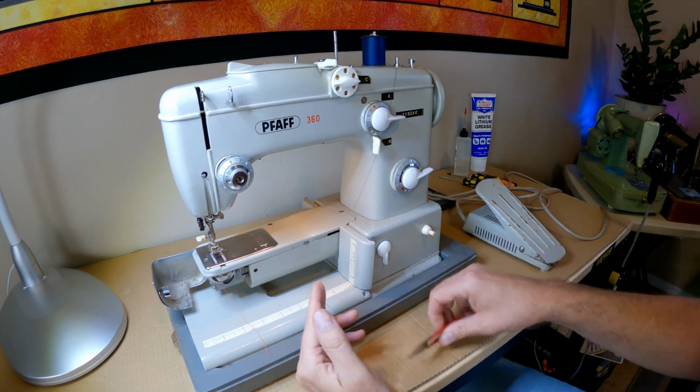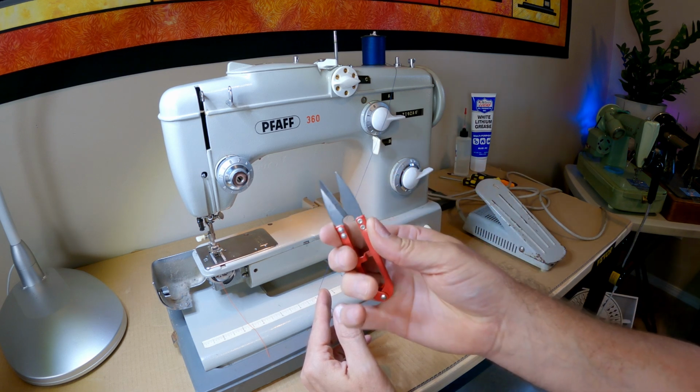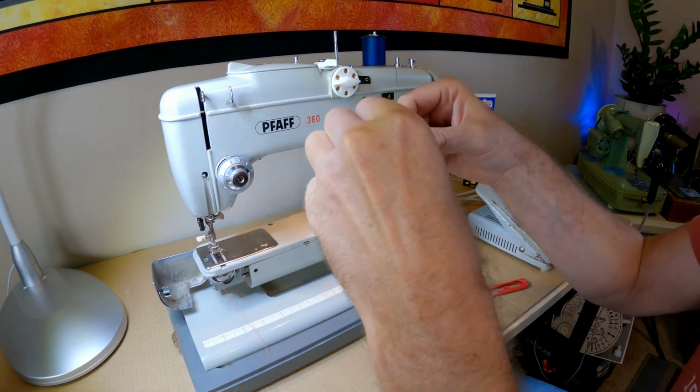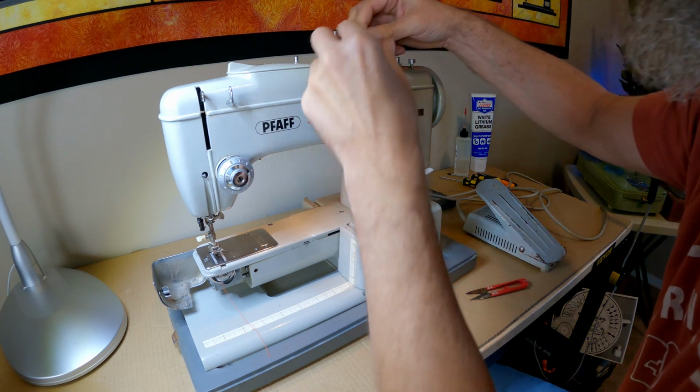Good. If you guys don't have these little snips, you should get some. They are so cool. I think somebody sent us a pack of like 12 of them, and we just absolutely love them. Okay, next what I want to do is come through this